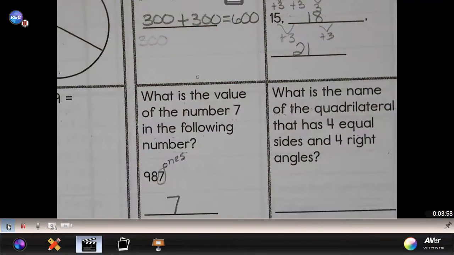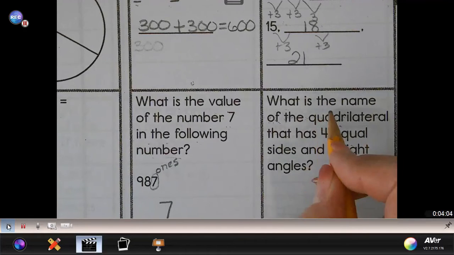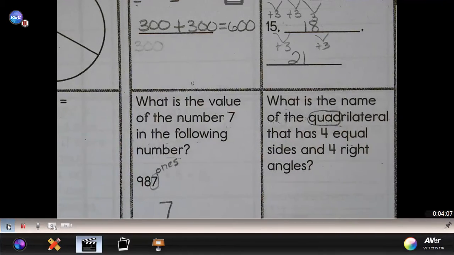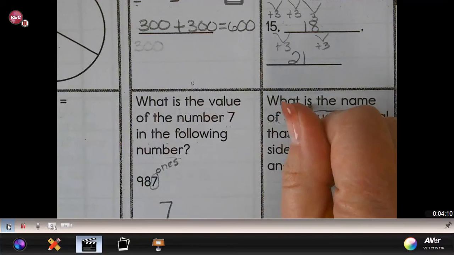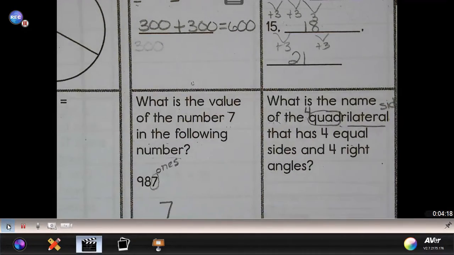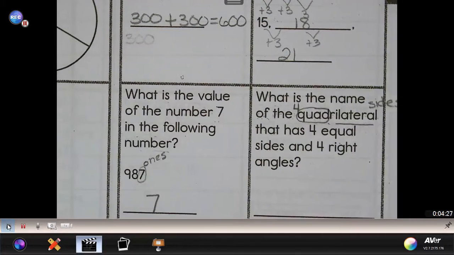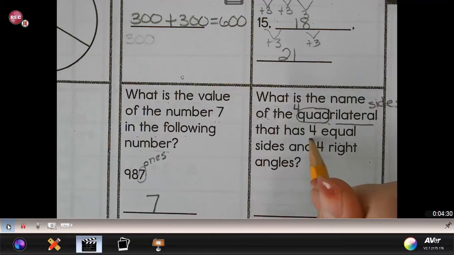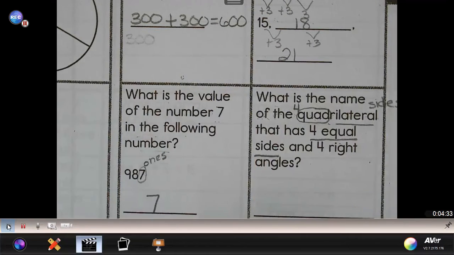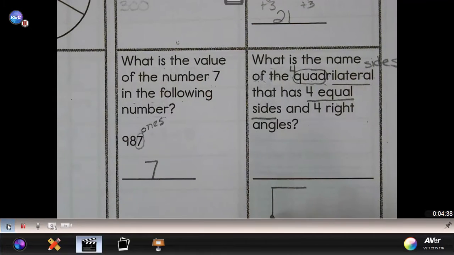Okay? And our last one says, what is the name of the quadrilateral? We've talked about this before, but let's refresh our memories. Quad means 4. Lateral is a side. So we're speaking about a 4-sided figure. It has 4 sides. So we're going to say this one has 2 traits. It has 4 equal sides,